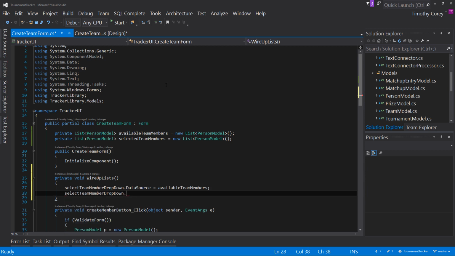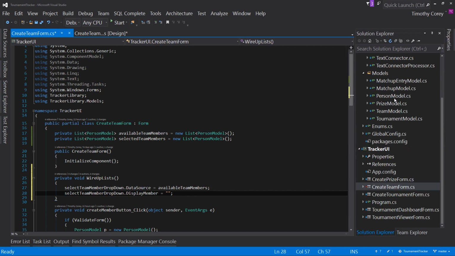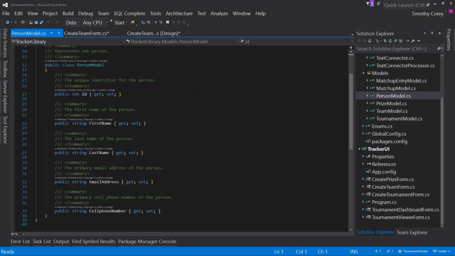The other thing we need to do is look at our display member. Now our display member is a string, but that string represents one property inside of your, in this case, person model. So let's look at the person model and see which property do you want to pull over that represents the person. And I don't see one. I mean, we have first name, that's great until you have two Tims. Then it's a problem. And last name is great except when you have two Smiths. We could do